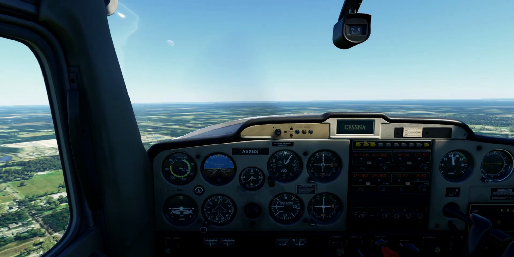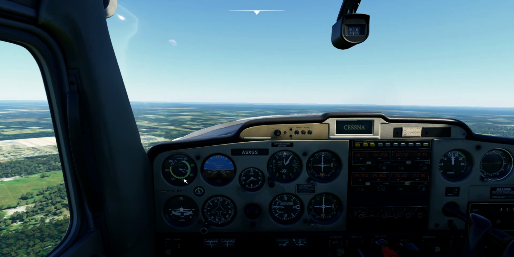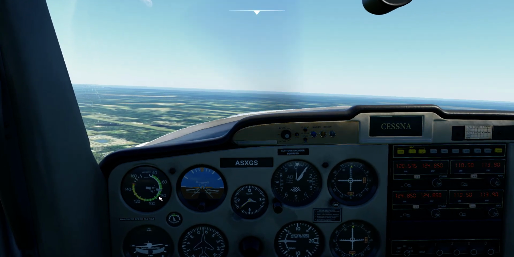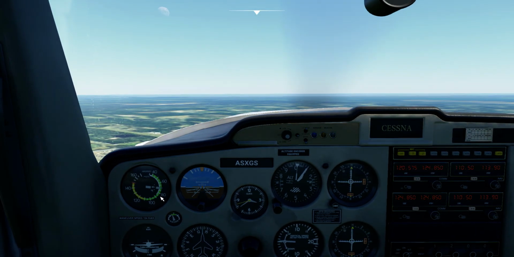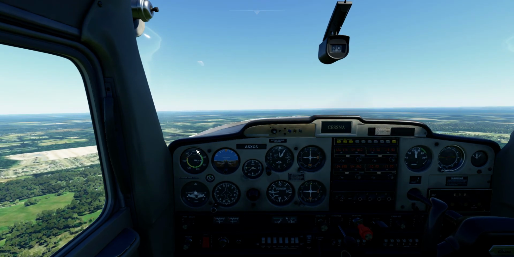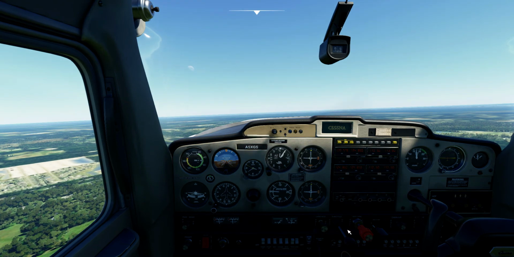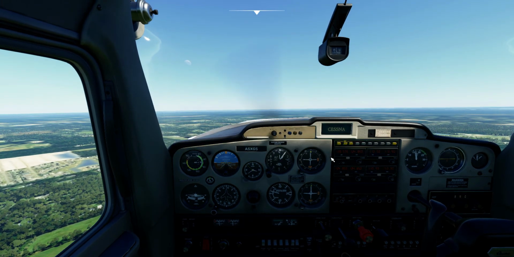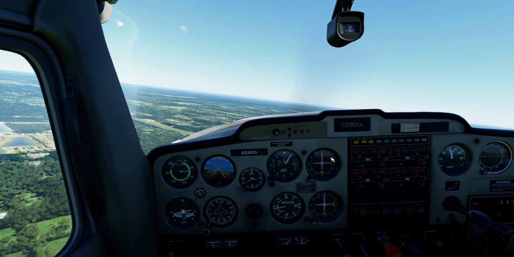And you want to keep that nose nice and level. You're looking to get inside of the white arc on your airspeed indicator. So the white arc is your flap extension speed. It's about 85 knots on the 152. Once you're inside the white arc, you're going to go ahead, drop your first notch of flaps. You're going to pull your carburetor heat. And we're going to go ahead and start